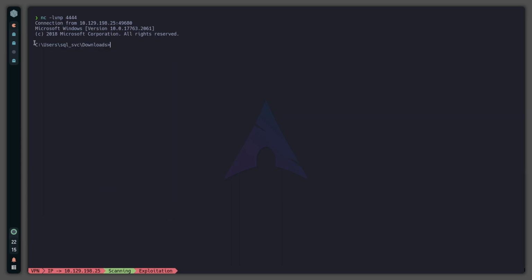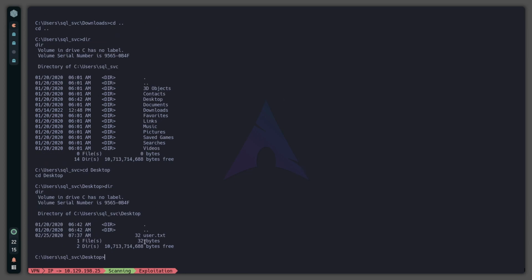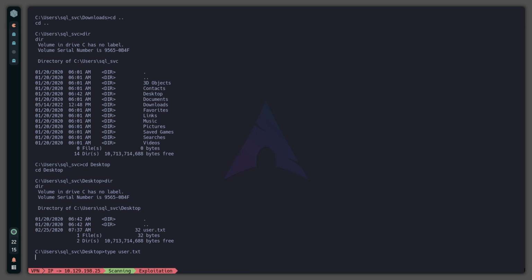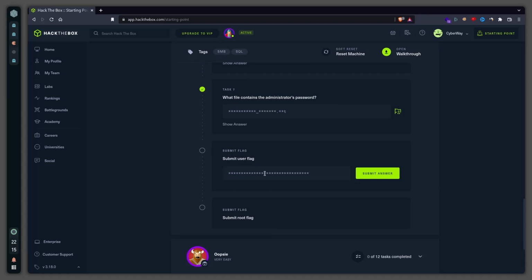Okay, so I got back this, and so we can just type cd users, or even better, cd .., and now there, we can go to Desktop, and if we type dir there again, we can see the user flag. So type user.txt. This is the user flag. I will copy it and paste it here,